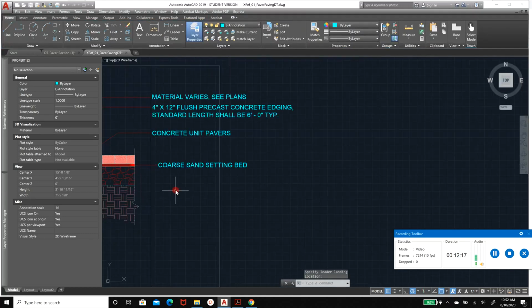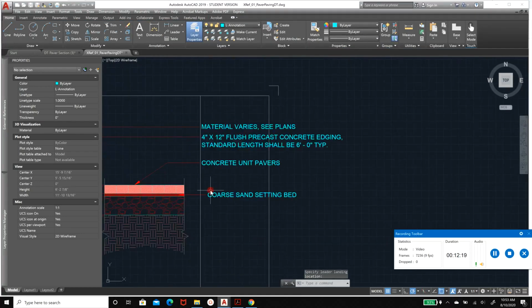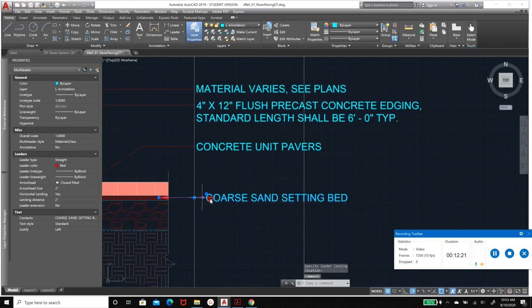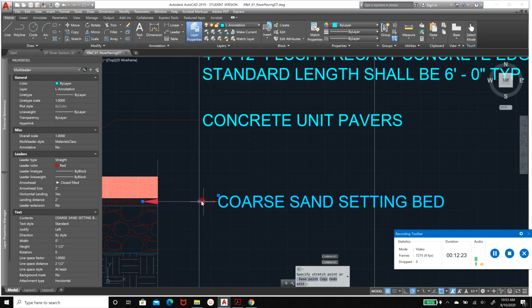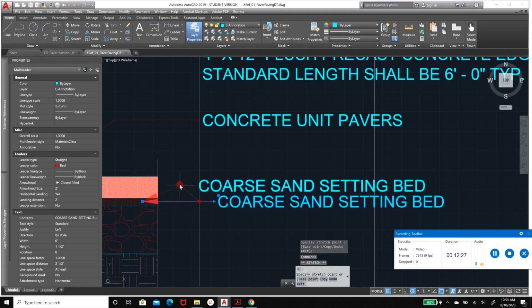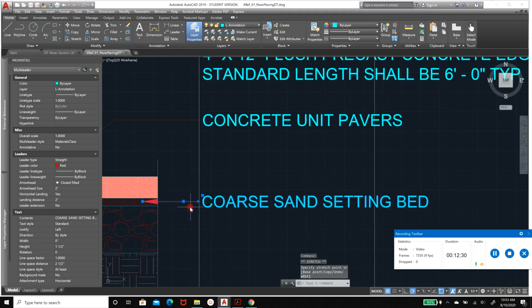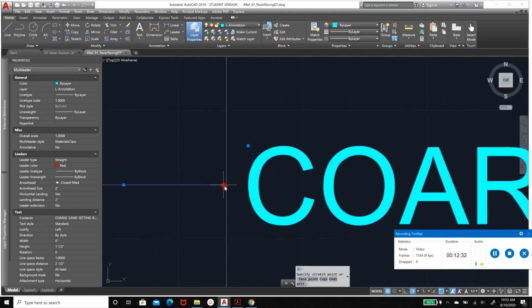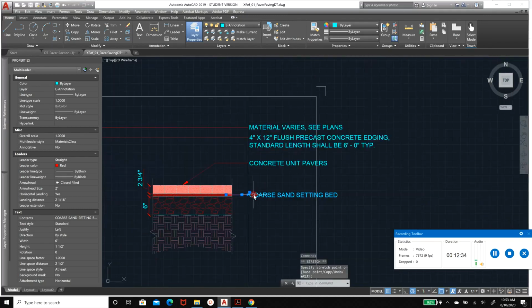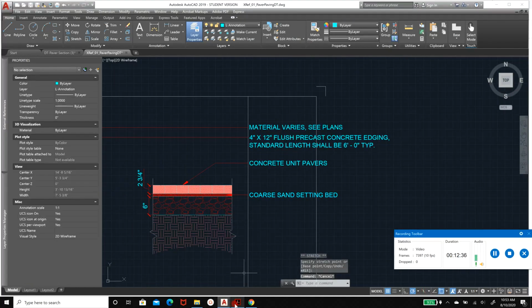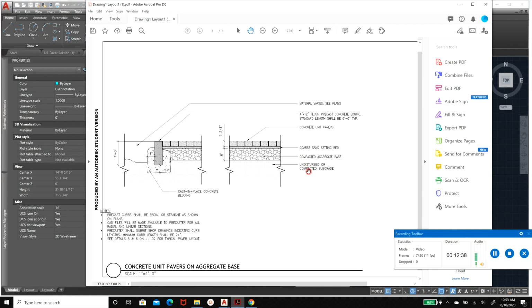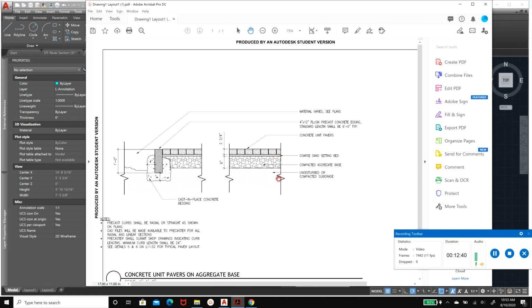Click something else. And snap this so that the arrow touches here. Oops. There we go. And then click escape. And the next one is compacted aggregate base, and you'll notice that the arrows are just